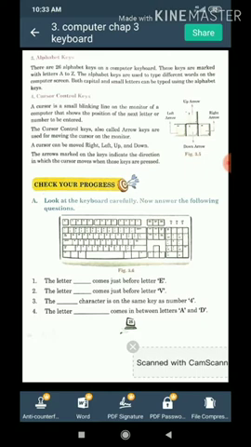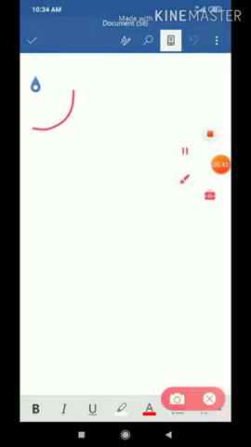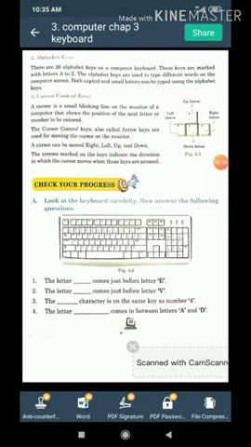All right, then cursor control keys. Now let me show you something. Do you see this blinking on my screen? That's the cursor. A cursor is a small blinking line on the monitor of a computer that shows the position of the next letter.